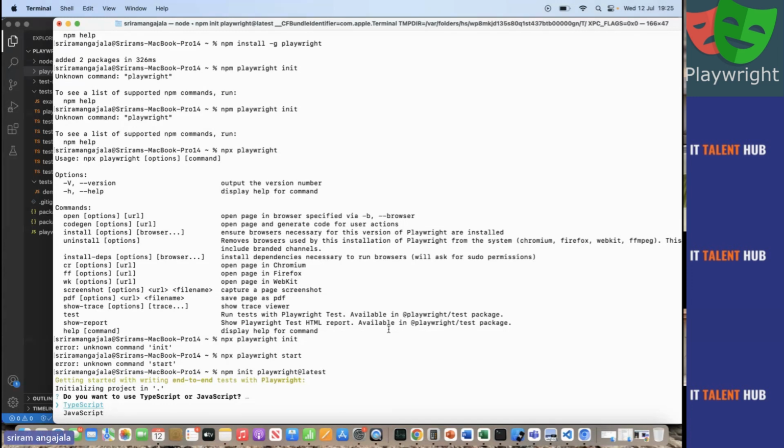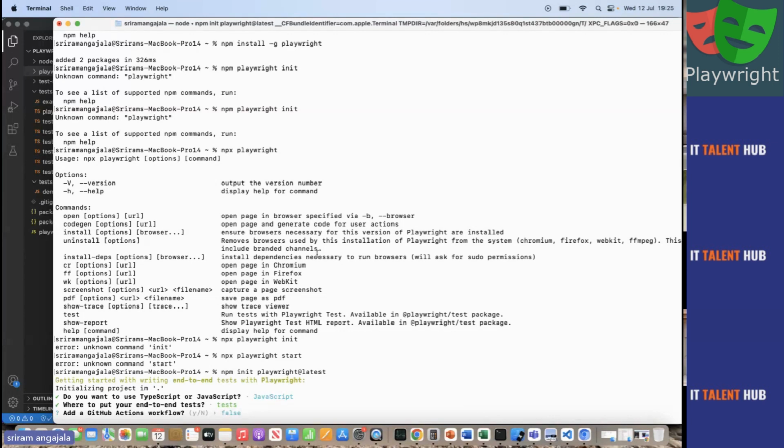See here. Now it shows a set of steps. So the framework that we talk about, Selenium, setting up all these things, it's just a one-line command here. So what I'm doing, I'll just select TypeScript or JavaScript, and then you can see here it'll ask where to put your tests. Do you need to have a specific folder? By default, I'll just use it as a test.